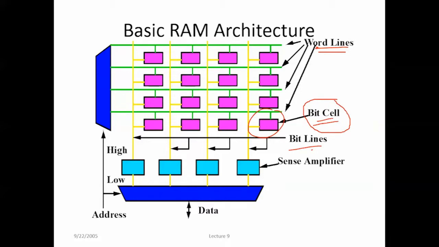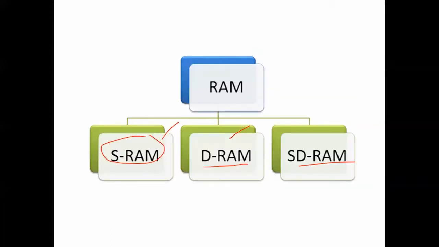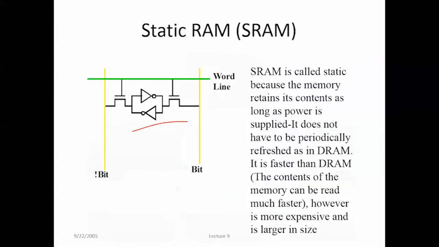Now we shall talk about the classification of RAM. It is classified as SRAM, DRAM as well as SDRAM. SRAM stands for static random access memory, which uses multiple transistors, typically 4 to 6 for each memory cell. DRAM stands for dynamic random access memory and has memory cells with paired transistors and capacitors. SDRAM stands for synchronous dynamic random access memory and takes advantage of the burst mode concept. We shall learn more in detail about the SRAM as well as the DRAM.